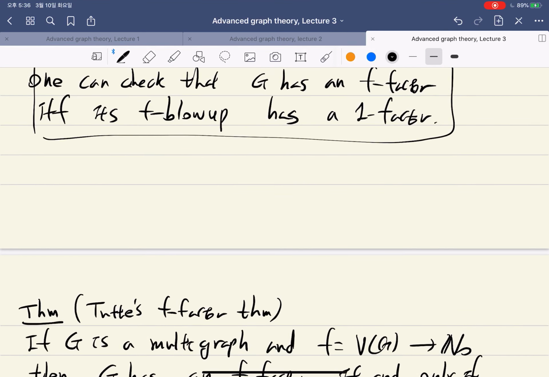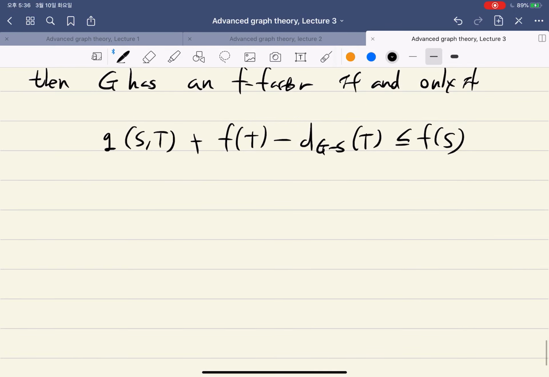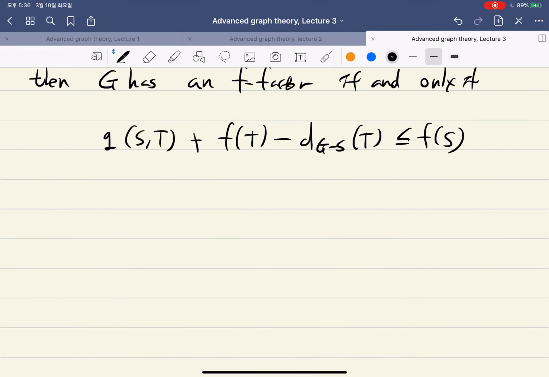Let's write that for some function defined on the vertices, where S is a subset of the vertex set. This is the summation of all values of the function on the vertices inside that vertex set. Then the condition is that this specific condition